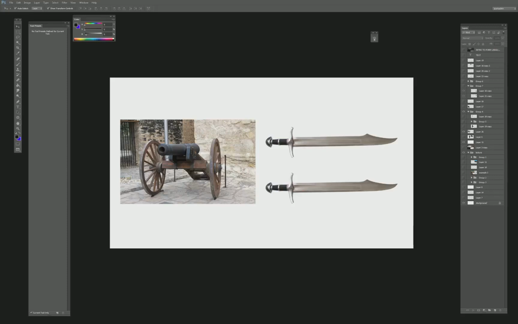Alright, hey guys. So now we're on to designing the props. What I'm going to do at this phase is use the same reference here. I'm going to go ahead and grab this element. And in this case scenario, I'm going to do the same thing here, where I'm going to grab this